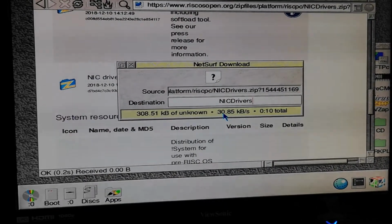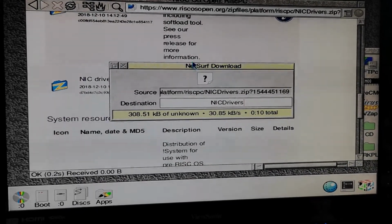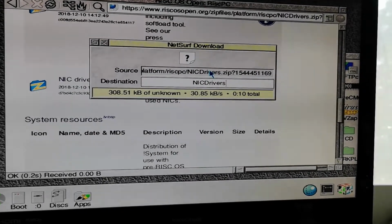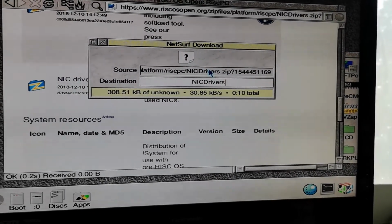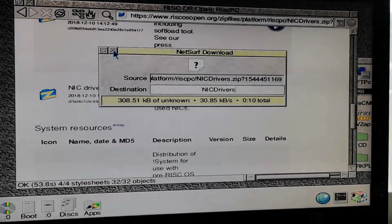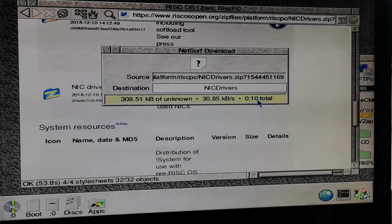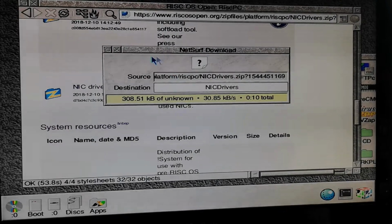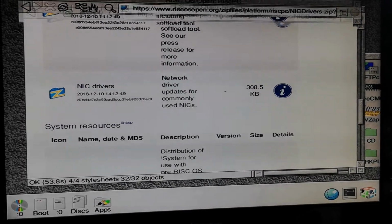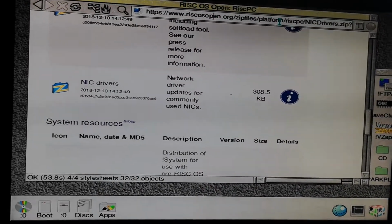And it's doing it at reasonable speed as well, about 30.85k a second, which I think is the fastest this machine has probably ever seen a download over the internet, if it was net connected at some point in its past life. So, do you wish to download? No. Let's just say yes for the moment. Right, the big one. So I might be able to download stuff, I'm not sure, but the big one is,